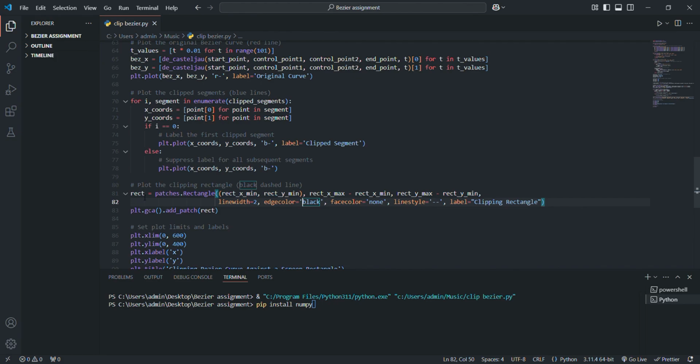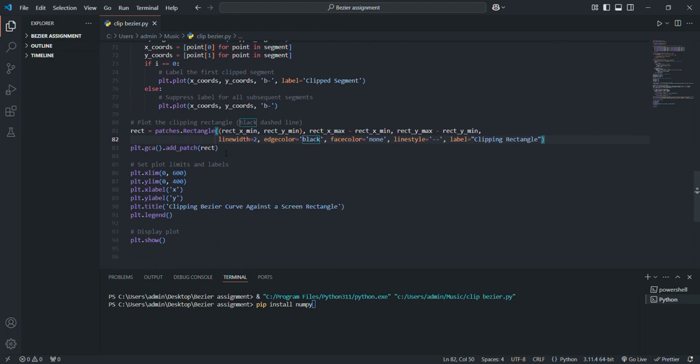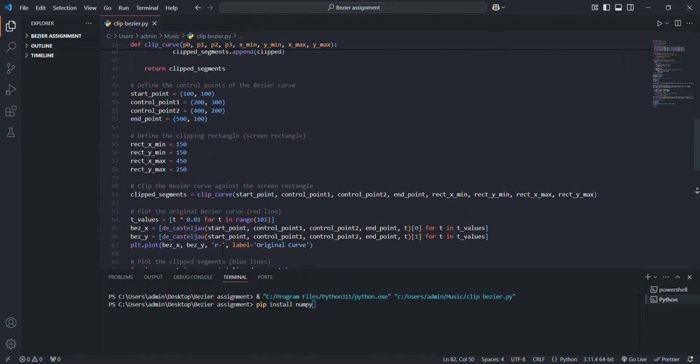So this function is the code for showing the clip rectangle, and then the last part configures the plot. It uses the library to configure the plot limits for the graph, and shows the legends and everything within the graph. This part of the code defines the start and the control points for the Bezier curve that will be used to create the curve, and these are the points that are defined for the clipping rectangle here,